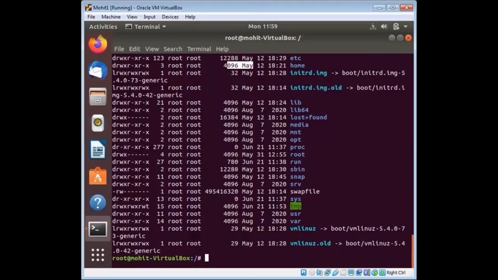Next is your exit command. I'm not going to enter this command because it will exit from the terminal, and it is a waste of time. So I'm just telling you a little bit about the exit command. It is basically used to terminate a program, shell, or log you out from a network normally.